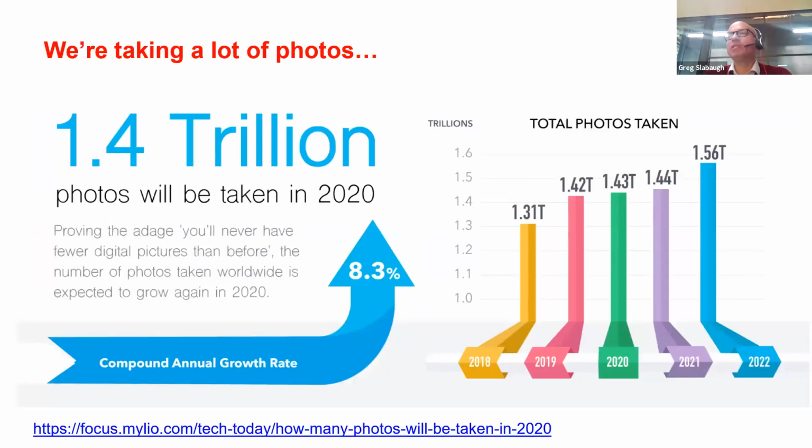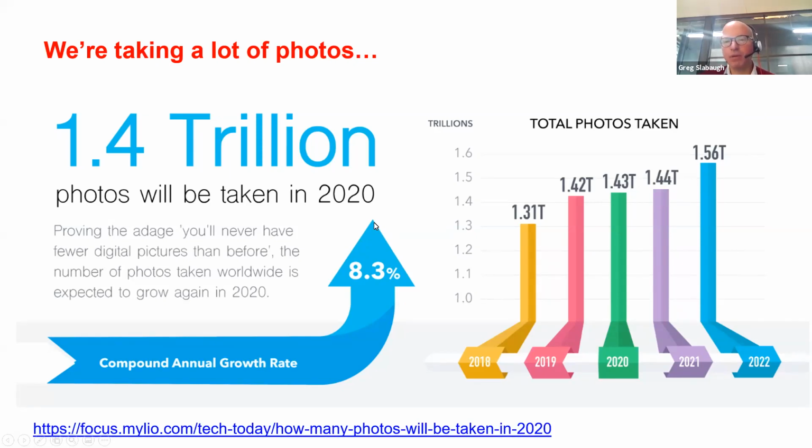These days, the software is really getting advanced, and you can run algorithms on the phone. You can run deep learning enhancement algorithms on the phone, which can do these kinds of enhancements just as you're taking the photo. And this is really important because we're taking a lot of photos. In 2020, there were an estimated 1.4 trillion photos taken, and this year we're expecting 1.4 trillion, and it's just going up.